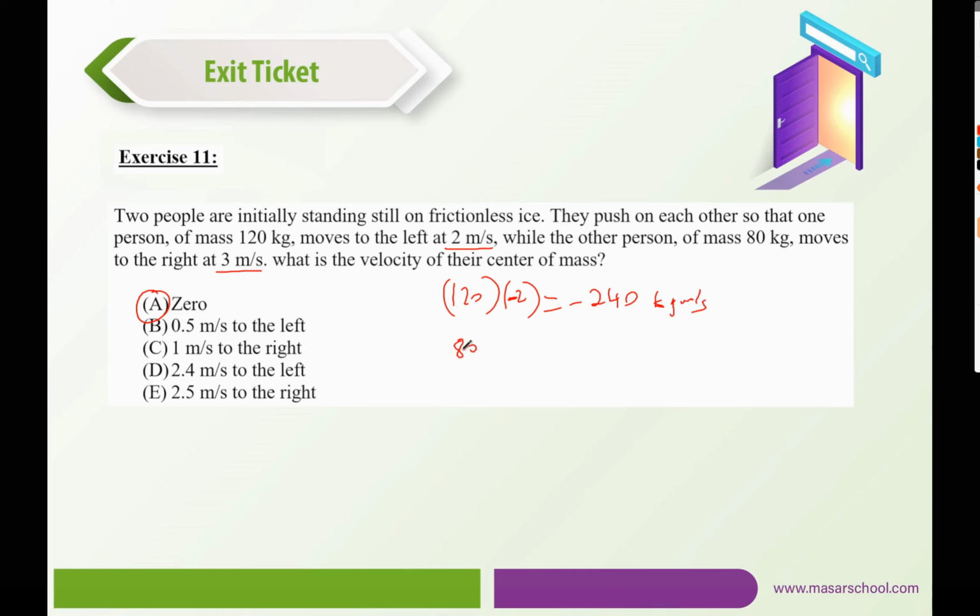And the other person would be 80 multiplied by plus 3, and that would be 240 kilogram meter per second, which means indeed both their linear momenta cancel up to 0, which means initially the system was not moving,